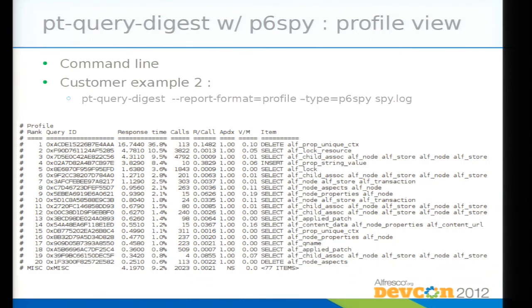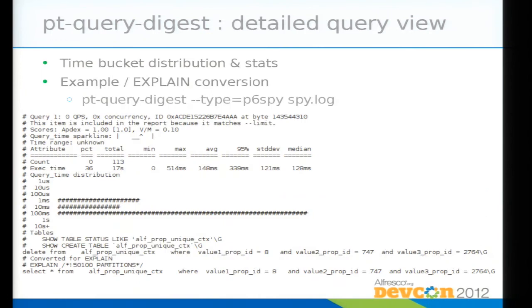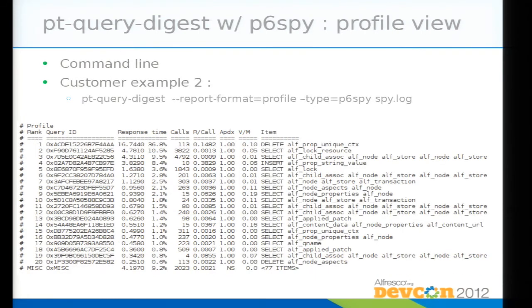So as you see, these tables, if you're familiar with Alfresco, are the locking tables. And what this guy had done, as indicated in this slide, we'll talk about in the next slide. Sorry, I forgot something. You have two modes of profiling for that tool. You can have either a summary view, that's this one,